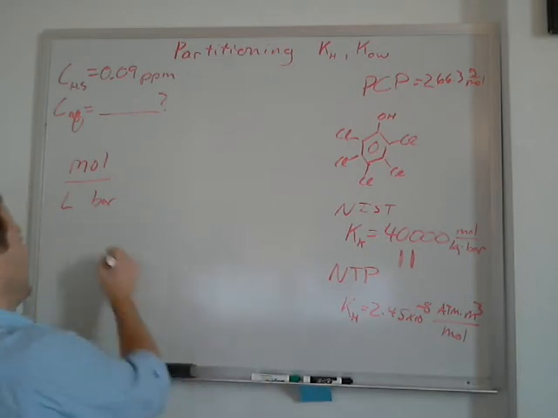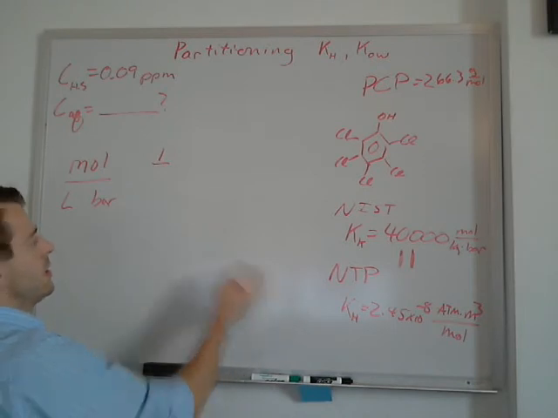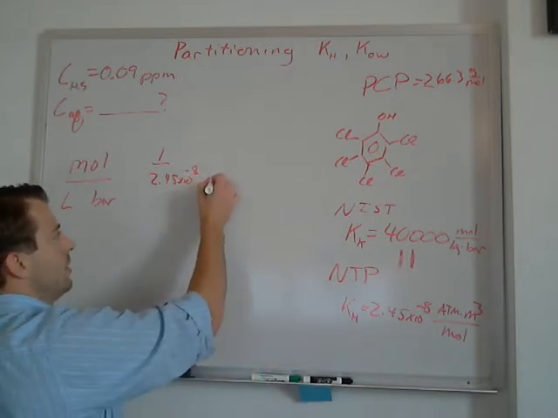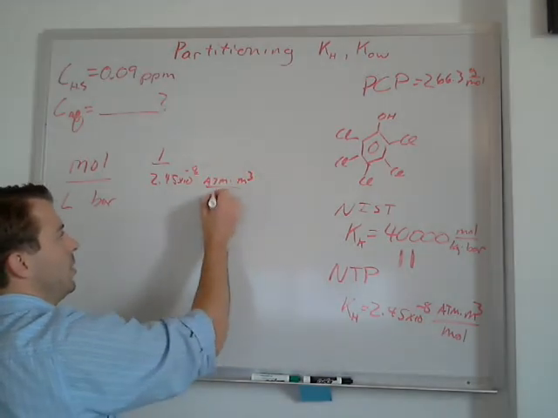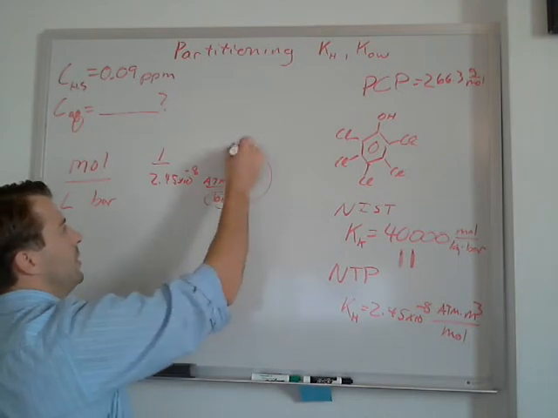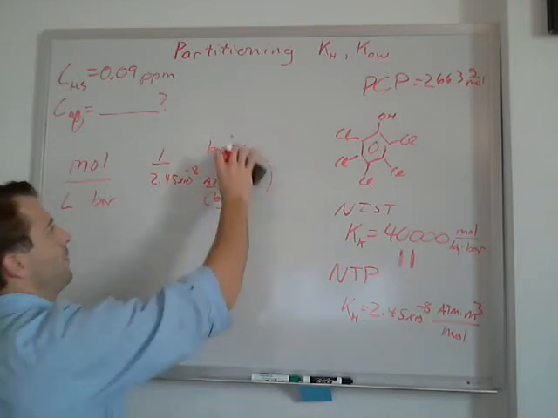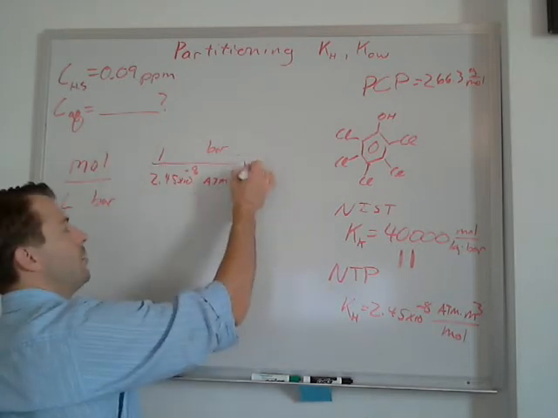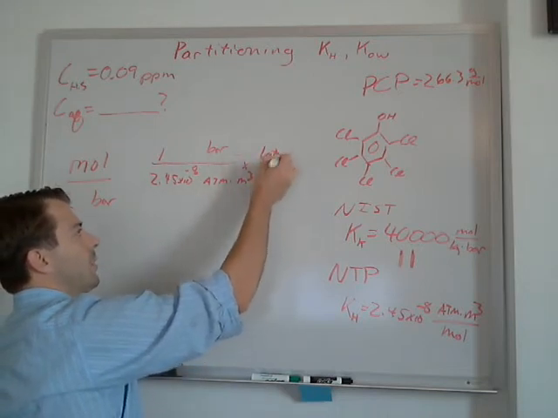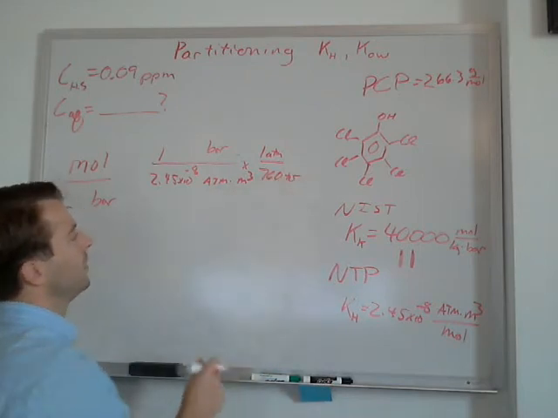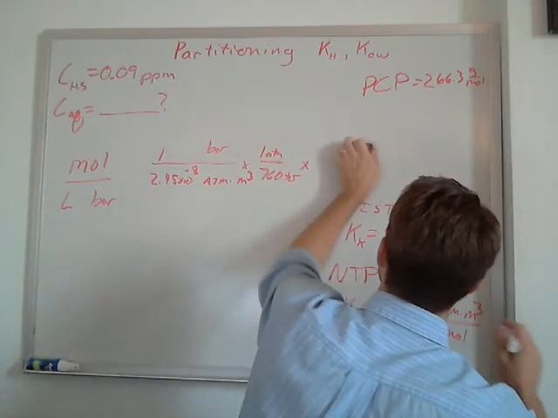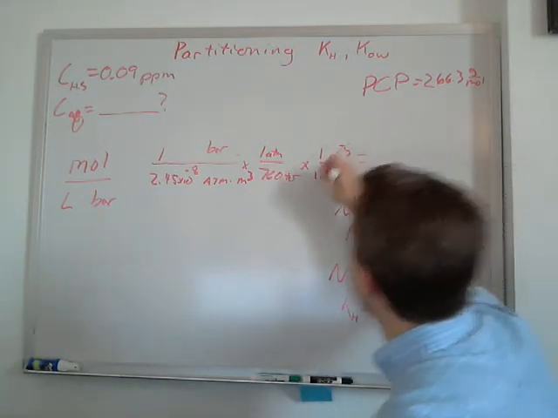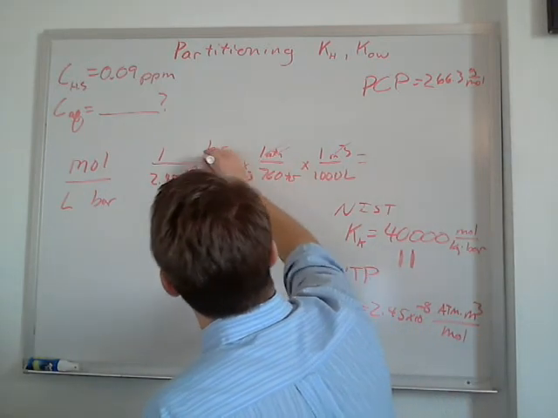So if we first start off by saying 1 over the constant that they provide, 2.45 times 10 to the minus 8, and then the units were atmospheres cubic meters per mole, we can obviously just take this and put it into our numerator. So if we do that, now we're a little bit closer. And if we multiply by 1 atmosphere per 760 torr, and then we multiply by 1 cubic meter per 1,000 liters, now we're expressing it in